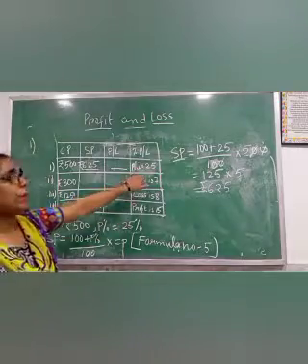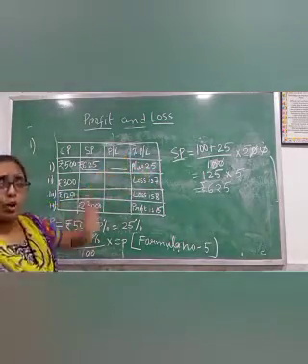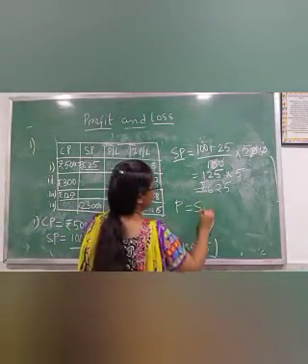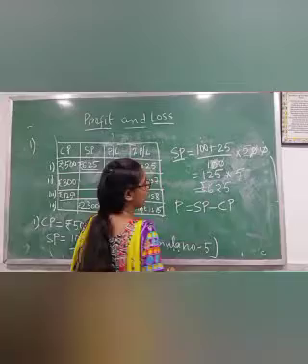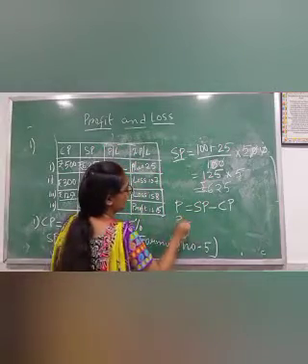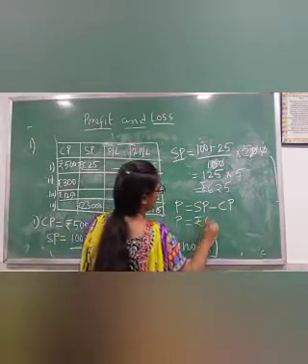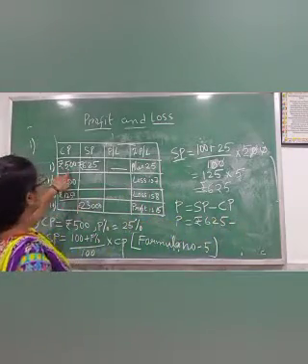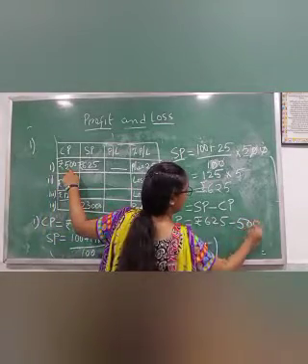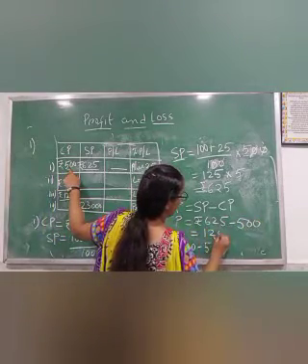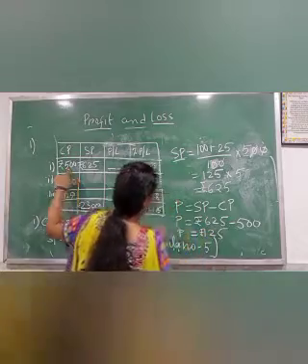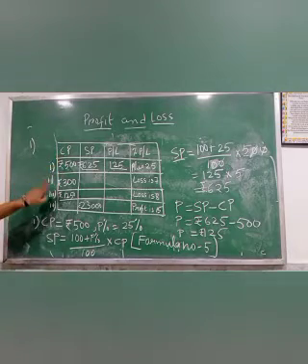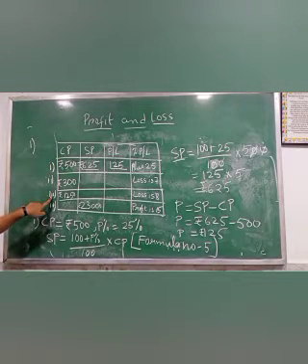You know that the profit percentage is given, it means you have to find profit only, not loss. Now profit equals SP minus CP, the first formula. SP is rupees 625 and CP is 500, so you will write 500 here. When you subtract, you will get 125. So the profit you got is 125. The same thing you will do in question number 2 and question number 3.